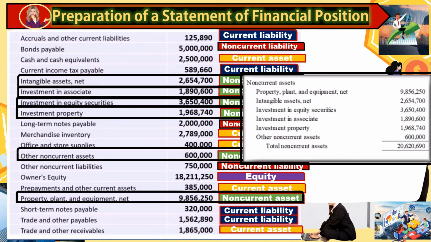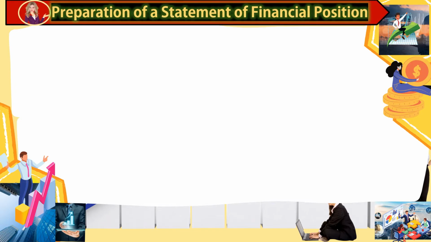Property, plant, and equipment net, 9,856,250. Intangible assets net, 2,654,700. Investment in equity securities, 3,650,400. Investment in associate, 1,890,600. Investment property, 1,968,740. Other non-current assets, 600,000. For a total of non-current assets, 20,620,690. Now, we are ready to merge current assets to non-current assets by adding the total current assets and the